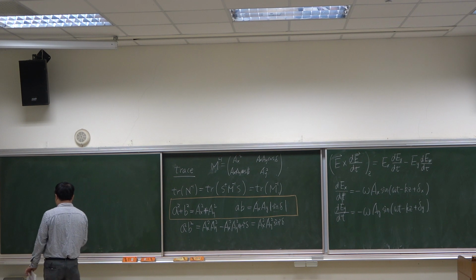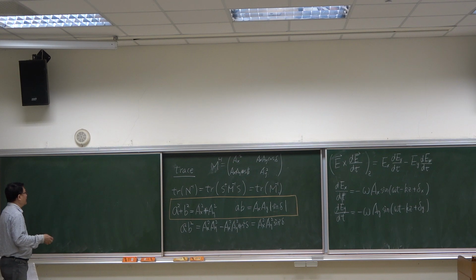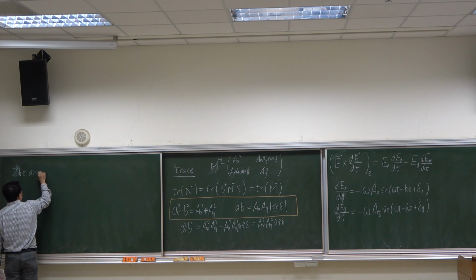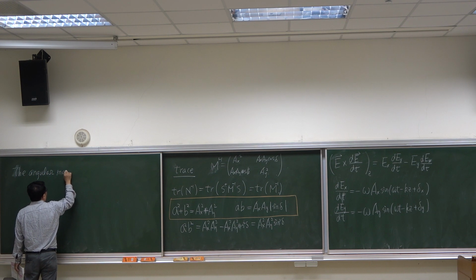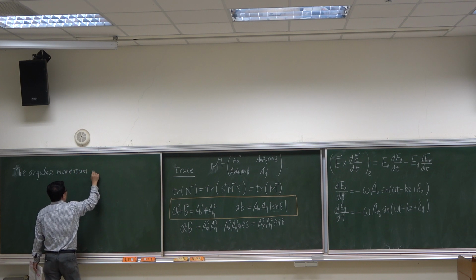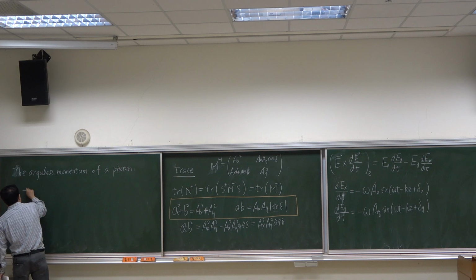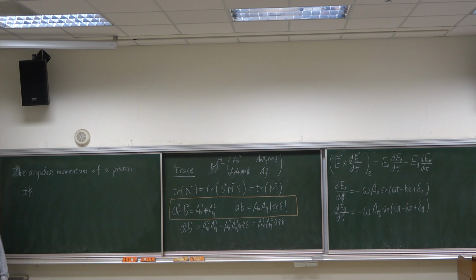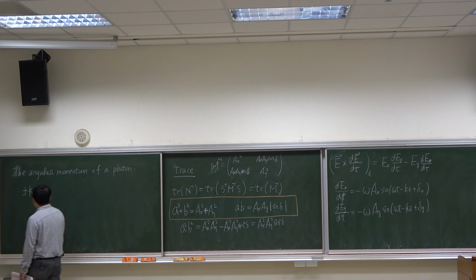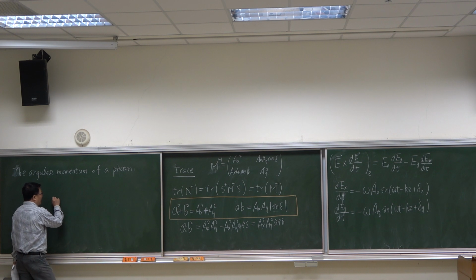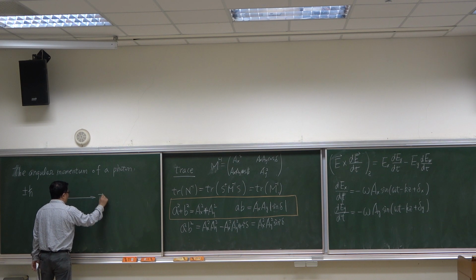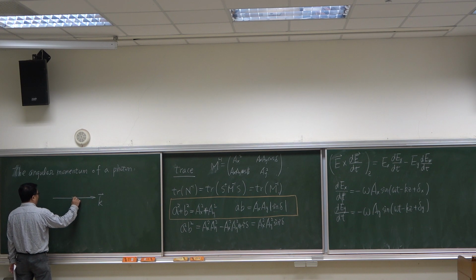And the quantum part, the angular momentum is plus or minus h bar. 一个光子的角动量正负 h bar，这个正负是什么意思呢？是说，假设这是 k 方向，光子传播的 k 方向。